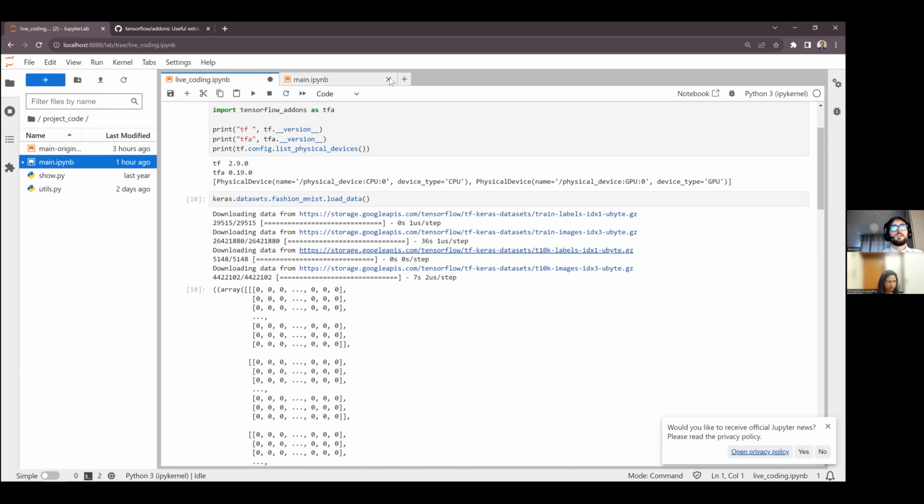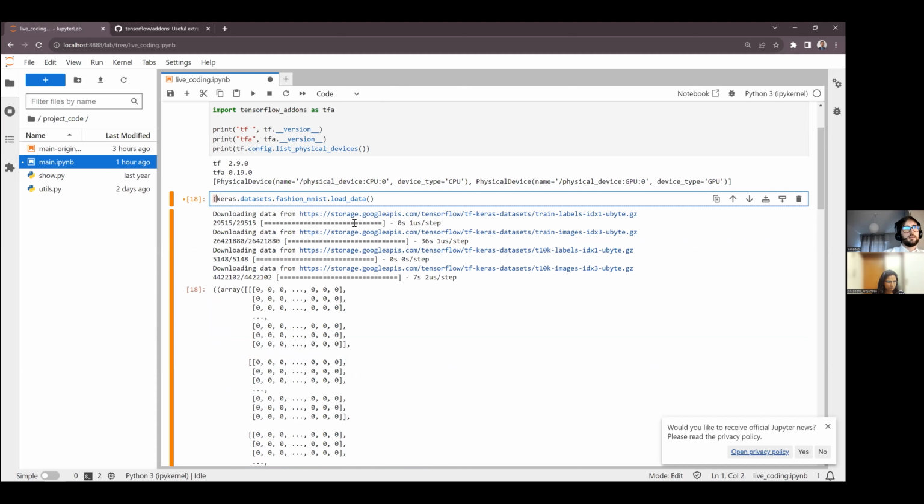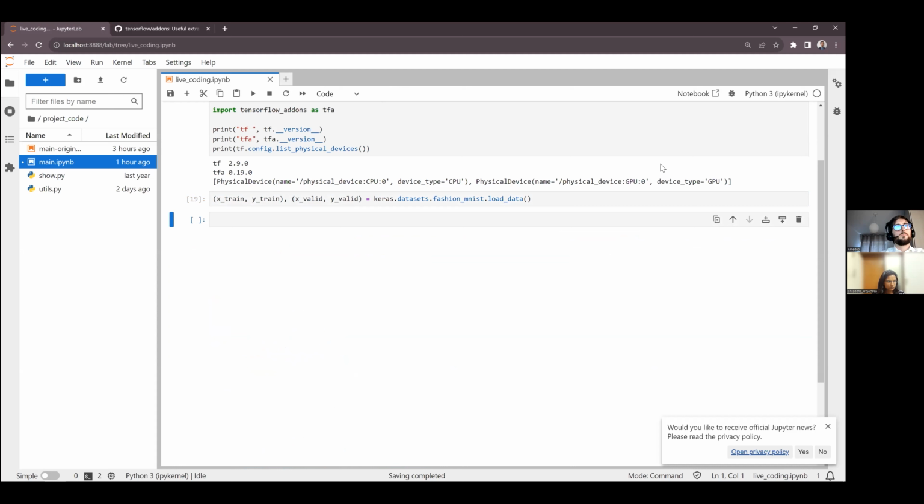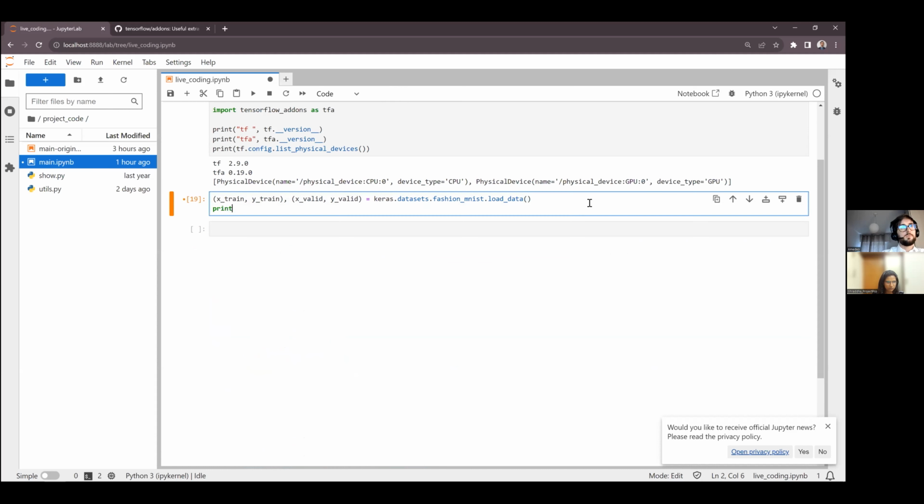Okay, I've downloaded the data. Maybe I can put the data. I think that is something like X train, Y train equal X valid, Y valid. Should be something like that. Okay, now we can look at the size of this data.